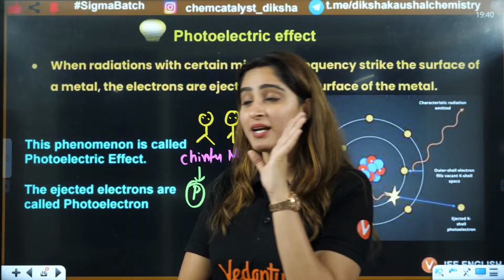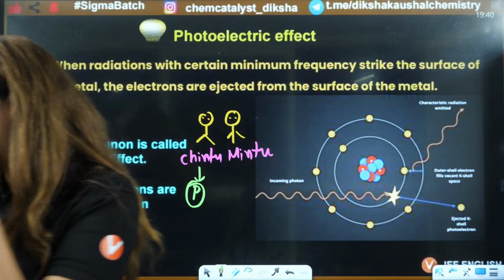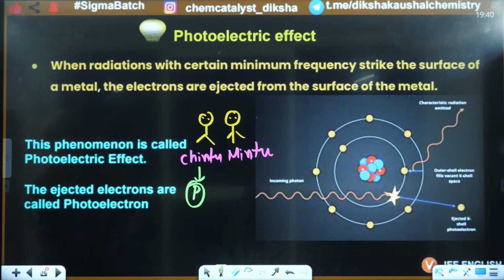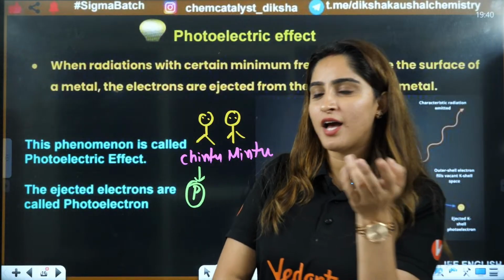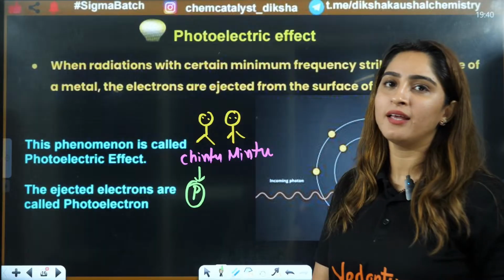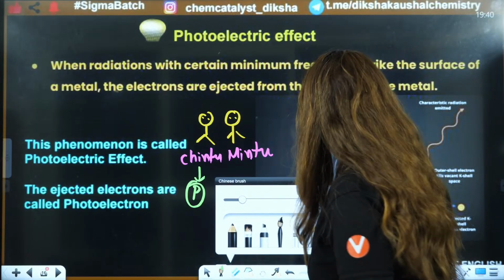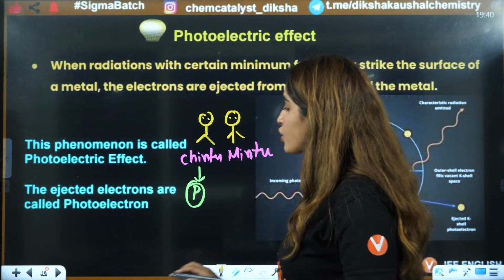So three possibilities are possible. Is there any other possibility? No other possibilities, right? So the same thing here will happen with the electron, right? So what you will have